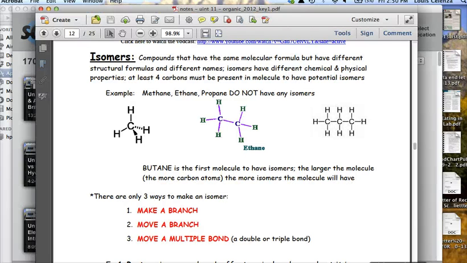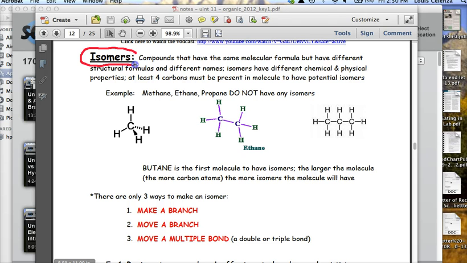Alright, here we are with Unit 11, Lesson 7, and in this lesson we're going to be looking at something called isomers. This is definitely a vocabulary term that you should know. Here's the definition. I think it's probably easier to show you the examples of isomers, and I think that will make it a little bit more clear as to what actually